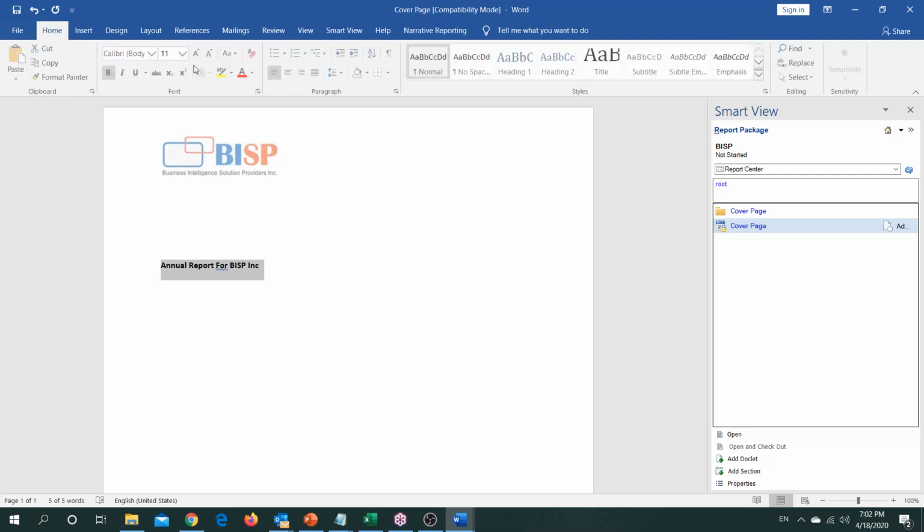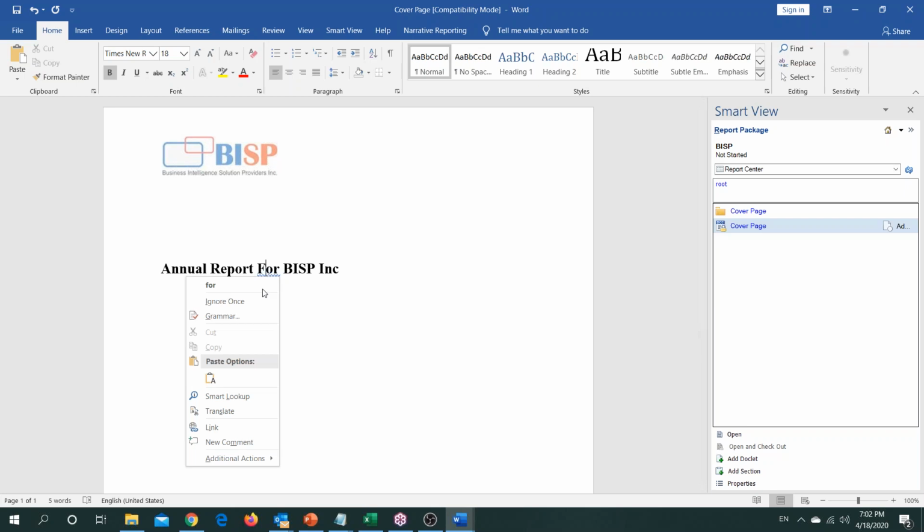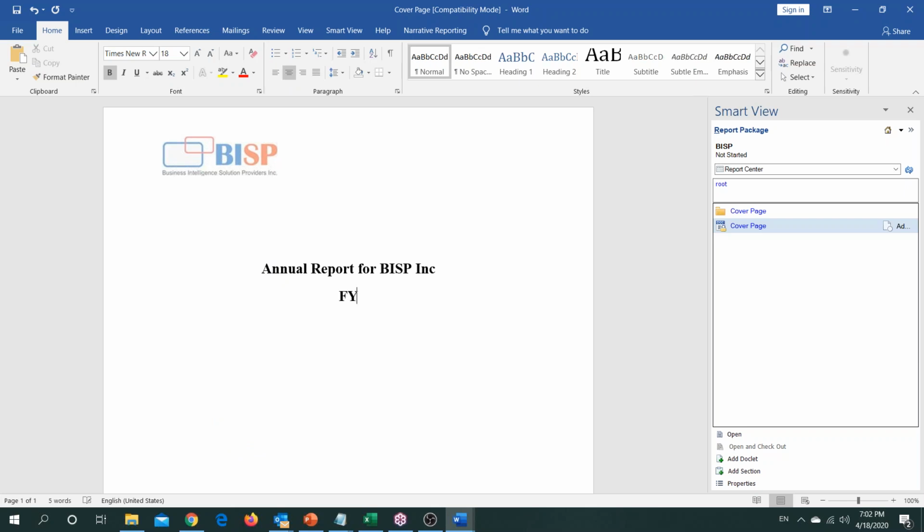You could have it bold, increase your font size, change your font type. Okay, and provide the placeholder. And then you are building it for financial year 2018-19. Okay, now this is the information that you would be submitting.